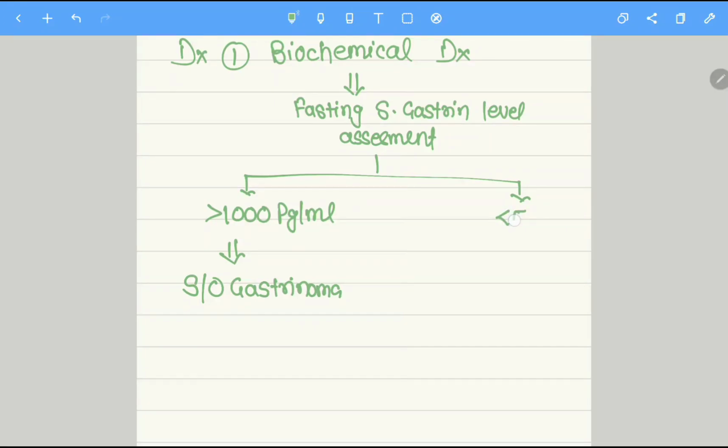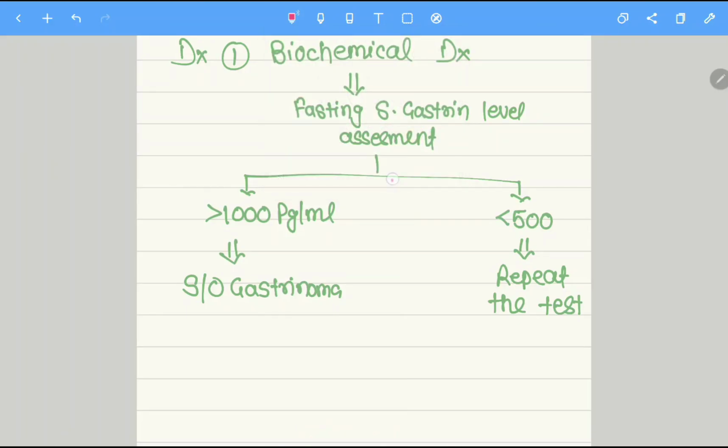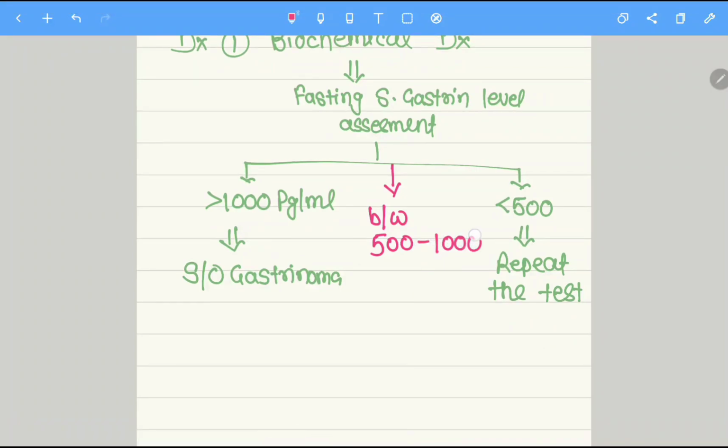If it is less than 500, then repeat the test. Yes, repeat the test. But what if the value comes between 500 to 1000? What will you do in this case? High propensity, high chances that this patient will have a gastrinoma, right? So here you check